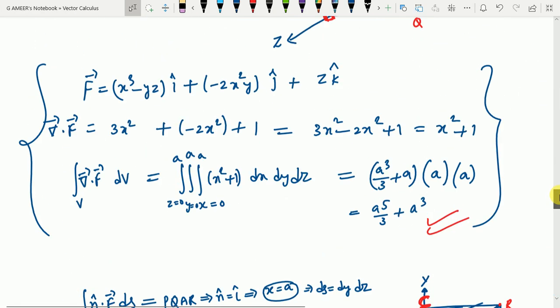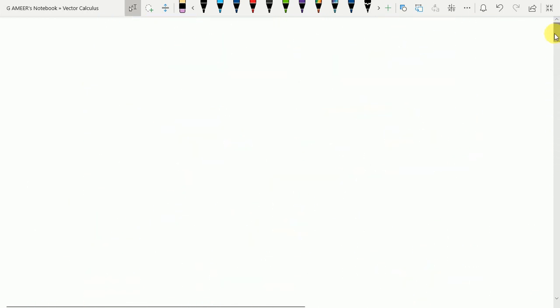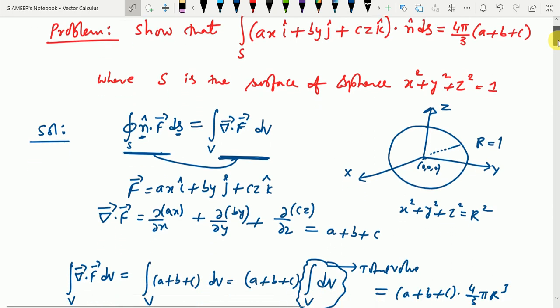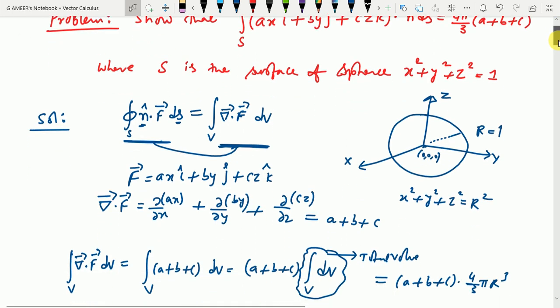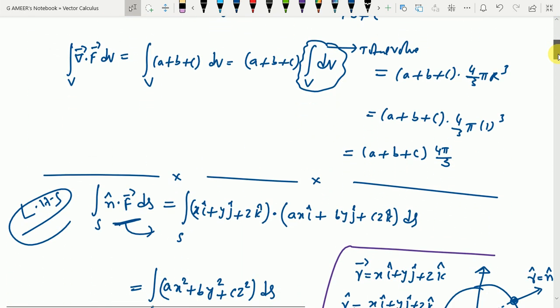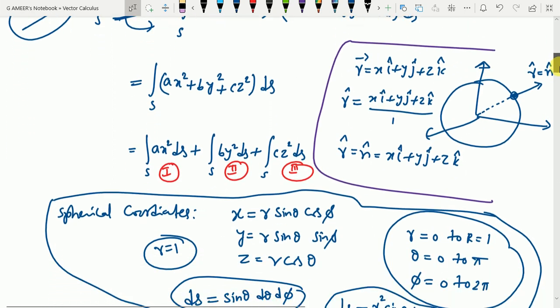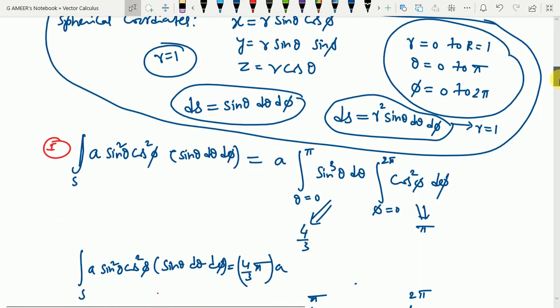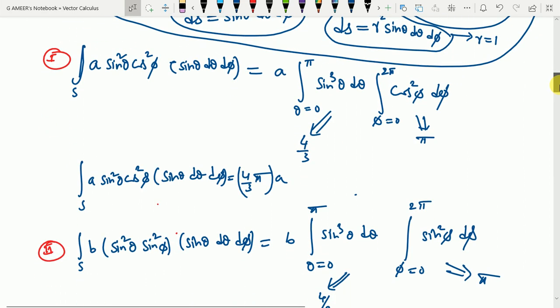So with this problem I will stop here. These examples are enough for us. The first example we have taken here is based on the surface integration of a sphere. In the next class we will teach other theorems: once Gauss divergence theorem is over, Stokes theorem and Green's theorem. So we'll go for Green's theorem and Stokes theorem. Every theorem has its own importance for problem solving. Finally, just learning the proof is not that important, but applying it in a given situation is important.